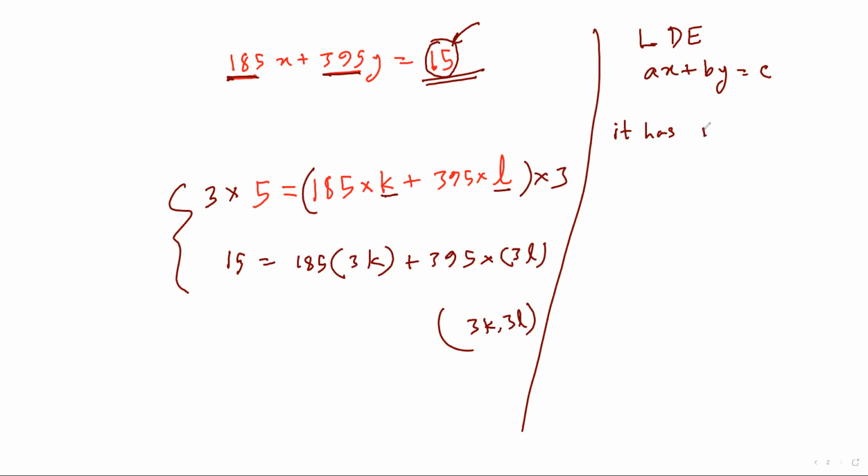It has no solution if, we have a shorthand notation for GCD, which is (a, b), if (a, b) doesn't divide c. This is one conclusion. Another conclusion is it has